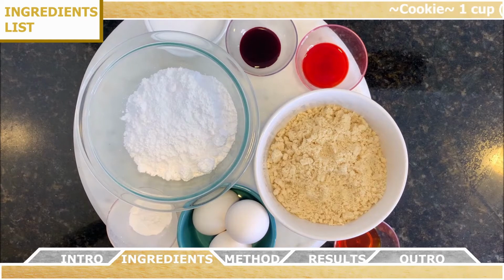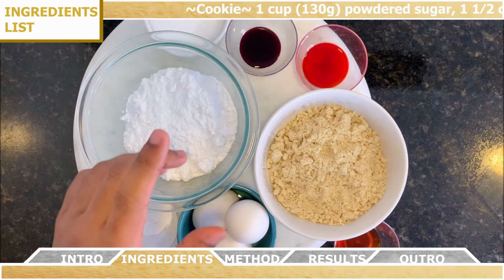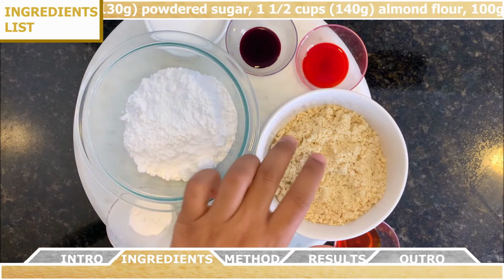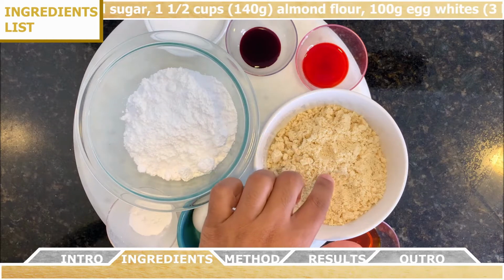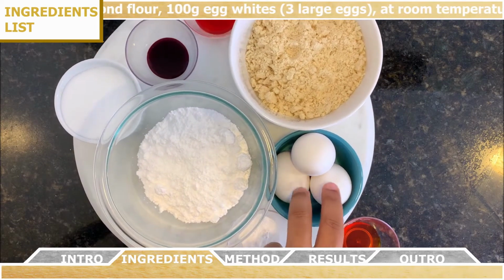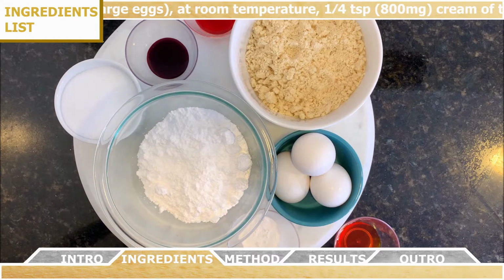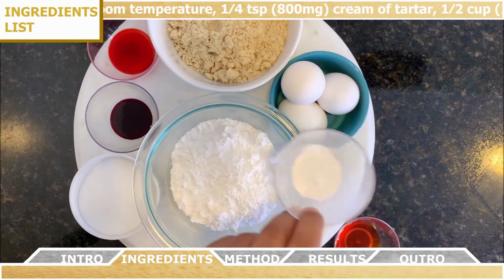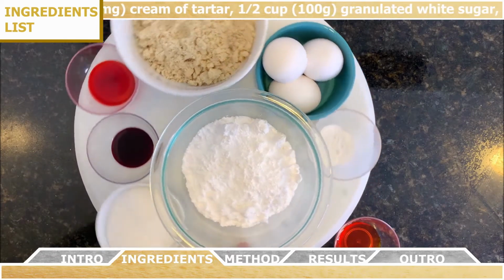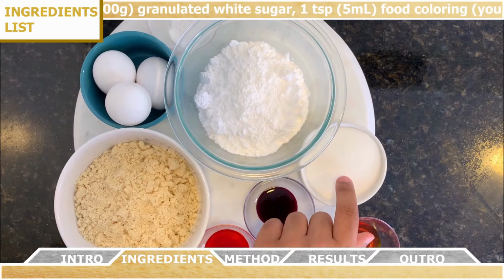Alright, so for the ingredients we have two sections. One for the cookie and then one for the buttercream filling. For the cookie, you're going to need 1 cup of powdered sugar, 1.5 cups of almond flour, 100 grams of egg whites, or about 3 large eggs at room temperature, 1/4 teaspoon of cream of tartar, 1/2 cup of granulated white sugar,